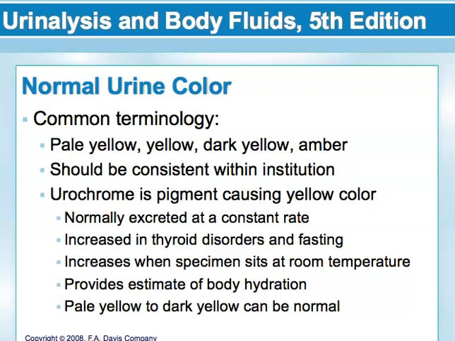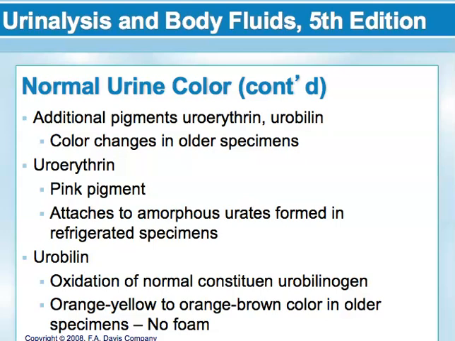The color of the urine is caused by the normal urine pigment called urochrome, which is a product of endogenous, which is internal, metabolism that is produced at a constant rate under normal conditions. The amount produced is dependent on the body's metabolic state and can be increased in certain conditions like thyroid conditions, if the patient is fasting, as well as if the sample is allowed to sit at room temperature. It's an indication of the concentration of the sample, so you can get an idea of the patient's state of